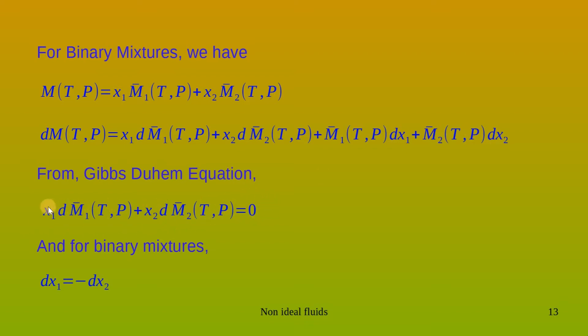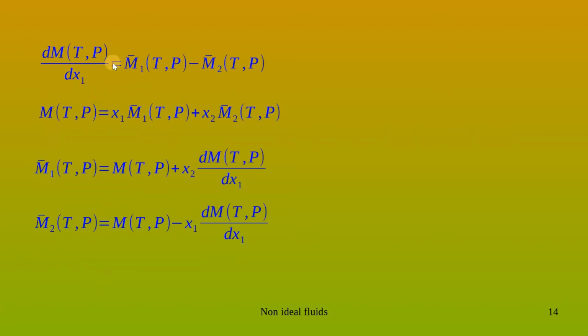Now from the Gibbs Duhem equation, that is applying the Gibbs Duhem equation to this, which we had already derived, and also applying the condition for a binary system that dx1 is equal to minus dx2, we get the following: dM/dx1 is equal to M1 bar minus M2 bar. Now M is equal to x1 M1 bar plus x2 M2 bar. Now we put x2 as 1 minus x1